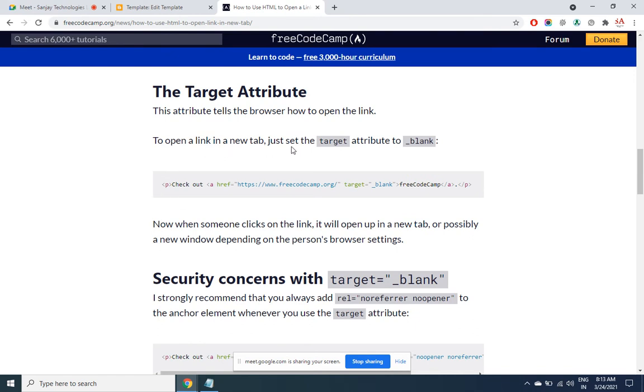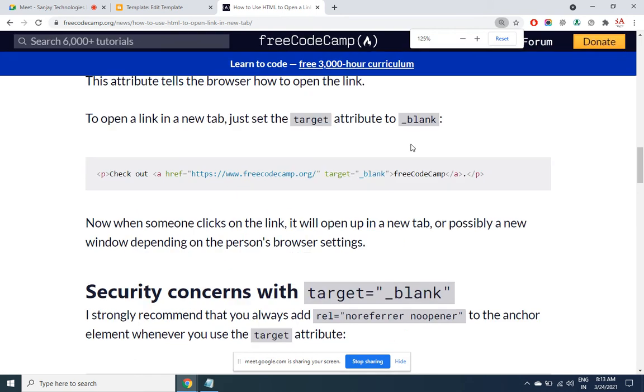To open the link in the new tab, just add the target attribute and point to _blank. What we provided is this, apple.com. Besides that, I also need to add target equals _blank in double quotes.